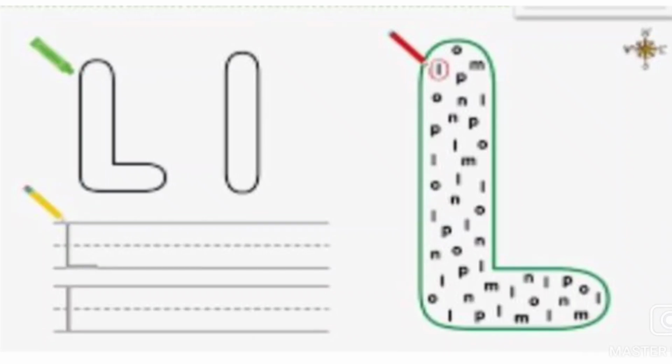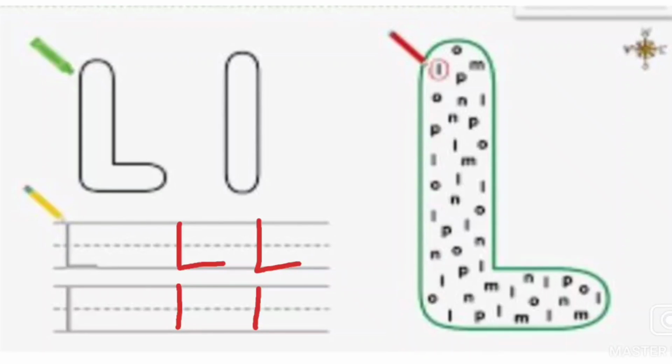So dear student, let's see how to write capital L and small L on 3 lines. First we will draw a standing line, and on 3rd line we will draw sleeping line. This is capital L. स्मॉल एल के लिए आपको सिर्फ एक स्टैंडिंग लाइन बनाना है, 3 लाइंस पर बनाना है, ठीक है।